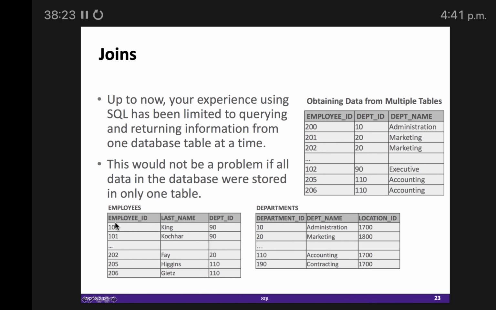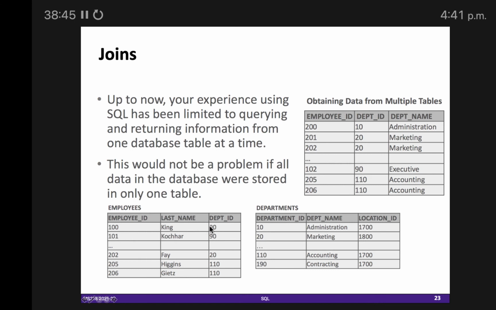So just imagine this is one Excel sheet and this is a second Excel worksheet. How will you find the name of the department of Mr. King, let's say? How will you tell? Department ID.